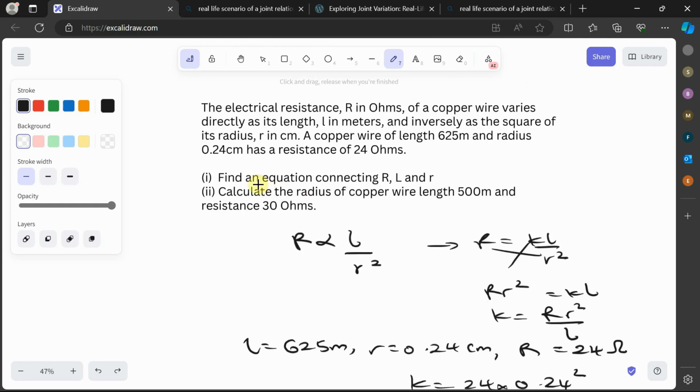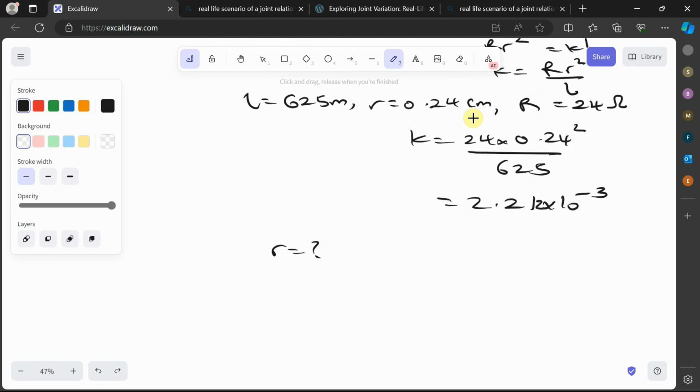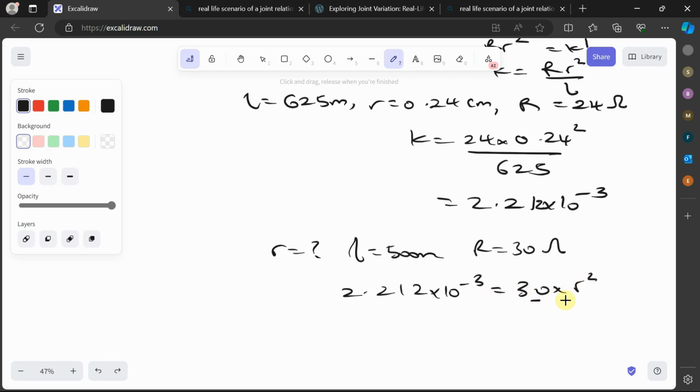Okay, we've done the first part. This is the equation connecting R, L, and small letter r. So in essence, calculate the radius of the copper wire, which is r, where the length L is 500 meters and the resistance R is 30 ohms. Let's substitute in our formula. So that will be 2.212 times 10 raised to the power of minus 3 is equal to 30 times r squared all over 500. If I multiply this by 500 and divide this by 30,